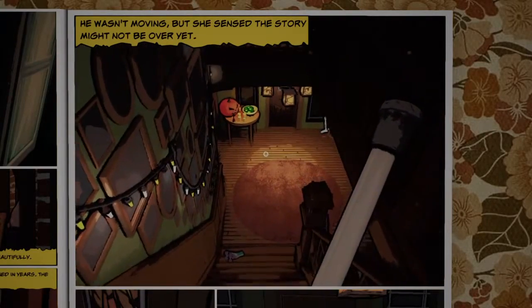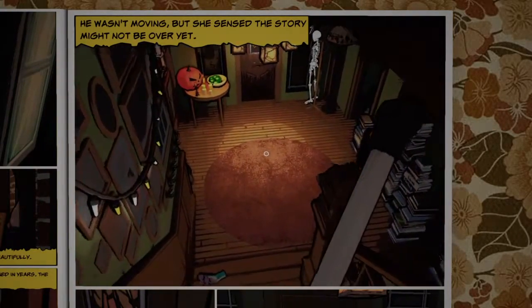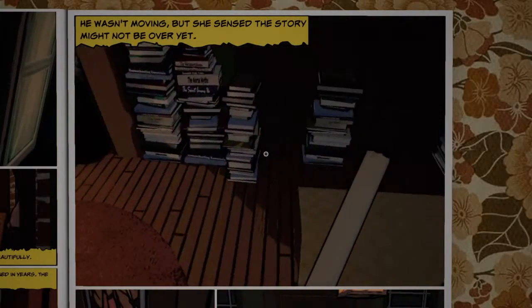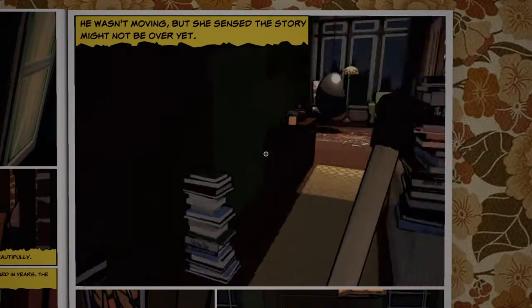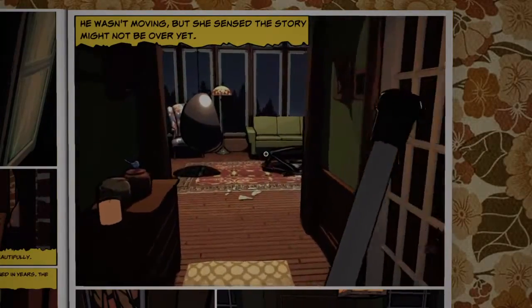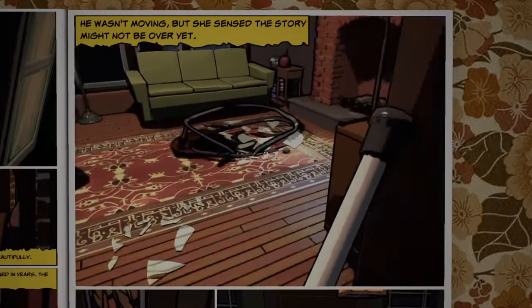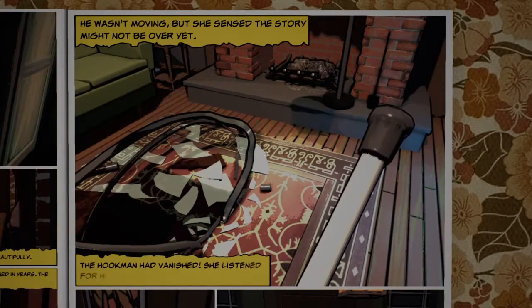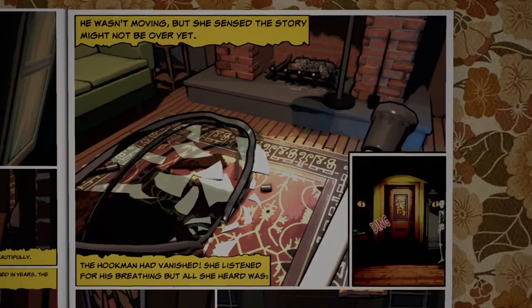Okay, so we slowly, nonchalantly walk downstairs. Come on. If that was real life, you would kick him down these stairs so you can finish the prick off. You wouldn't slowly, nonchalantly take your time. See? He's gone. The hookman had vanished. She listened for his breathing, but all she heard was...